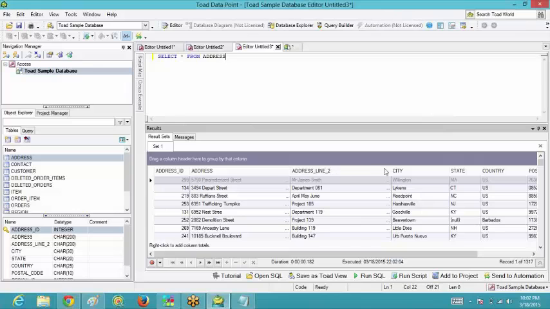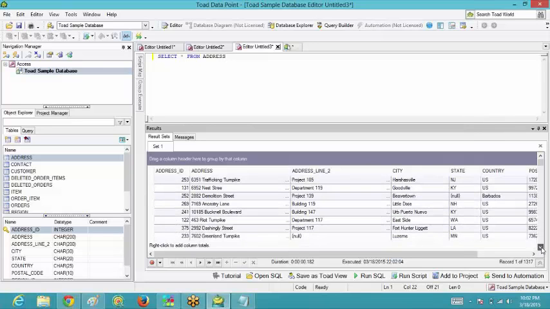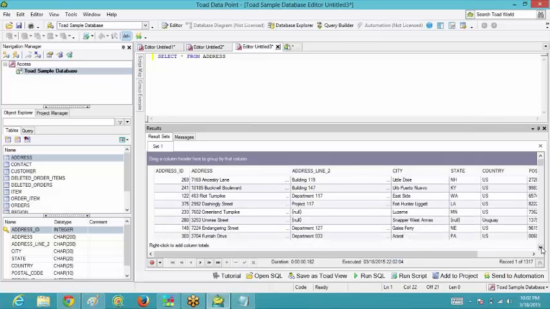So in the address table there are certain countries which are present, right? And I told you previously to find out the distinct countries. So you were able to find out the distinct countries, but we were not able to find out in what quantity they are present. So for that we would be using the group by clause. Now how to use it?